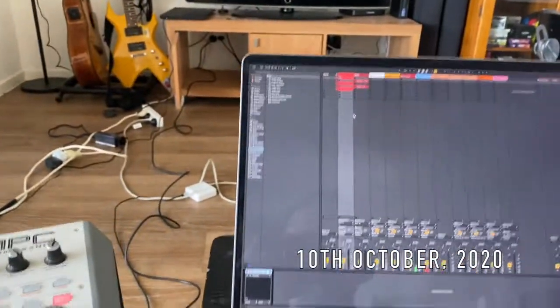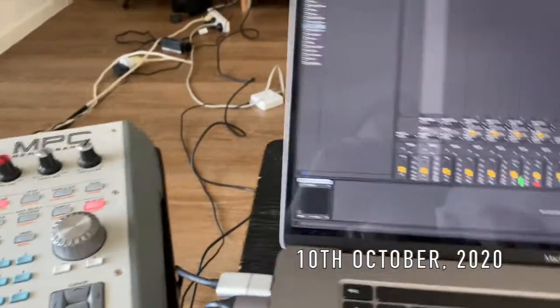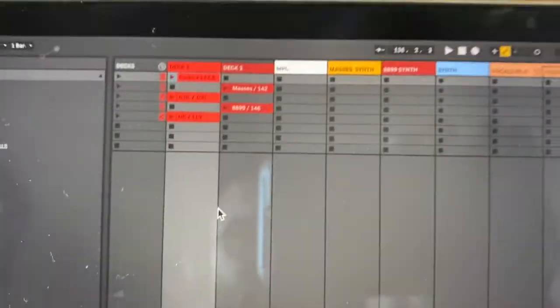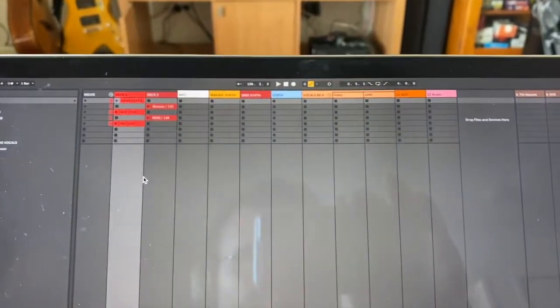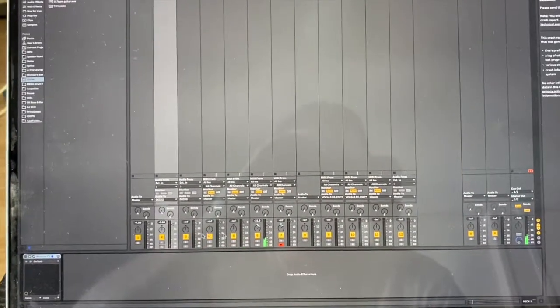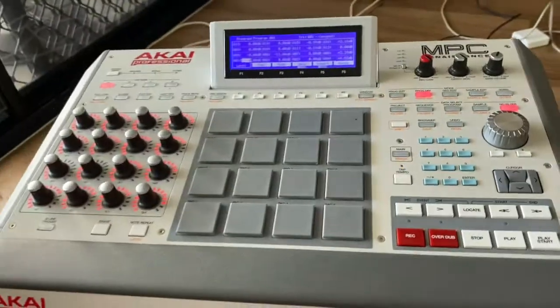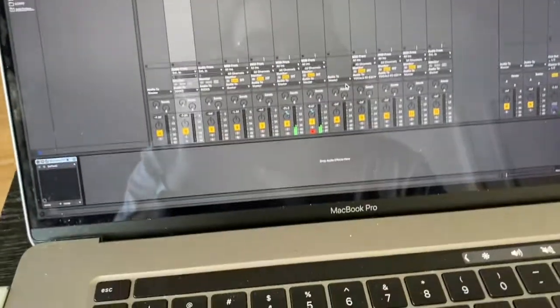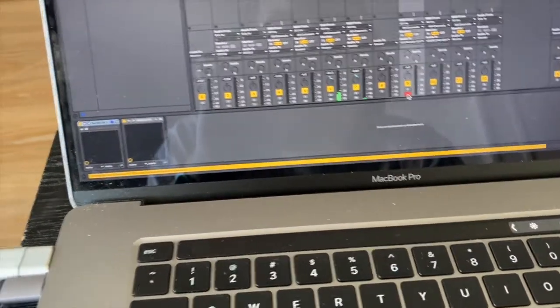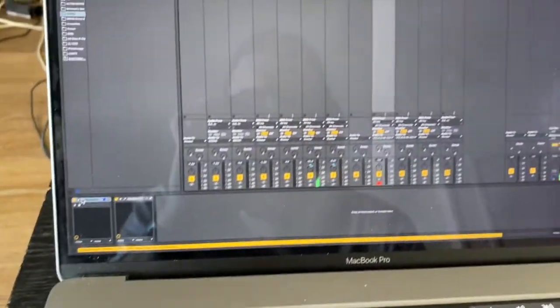So this is just a quick update of where I'm at so far. I've got my live set up same as before, with my two decks with the tracks lined up and the tempos, and I've added a lot of MIDI tracks, which I'll click between. This is my MPC, which I've just set up, and I've also got some samples that I'm using here from Serato Sampler,